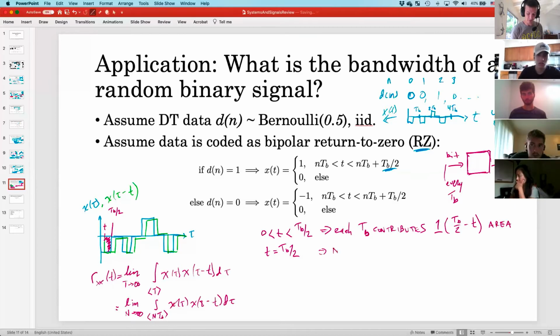Zero. Yeah, there's no area because any overlap is of negligible width. And here is the special sauce. Here is how we're going to capitalize on the distribution that we were told. If T is bigger than TB over 2,